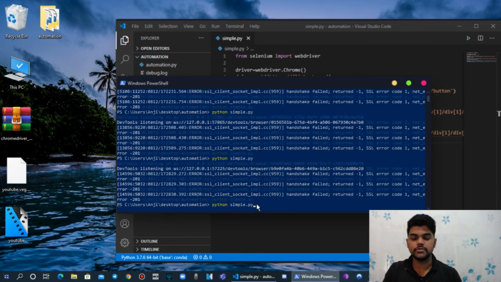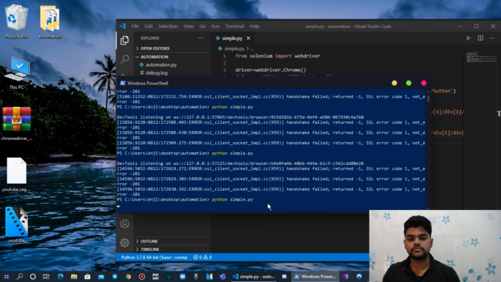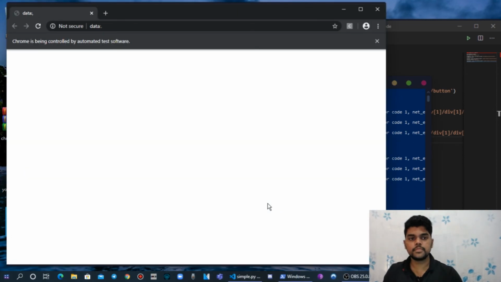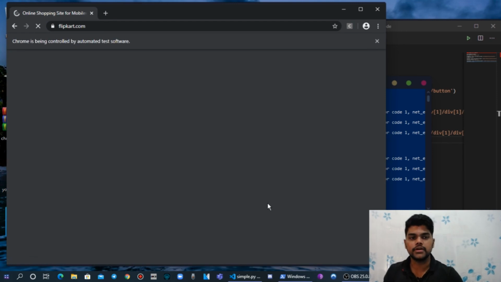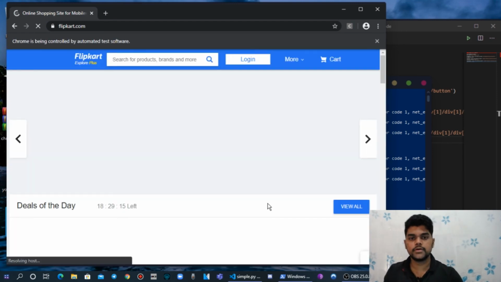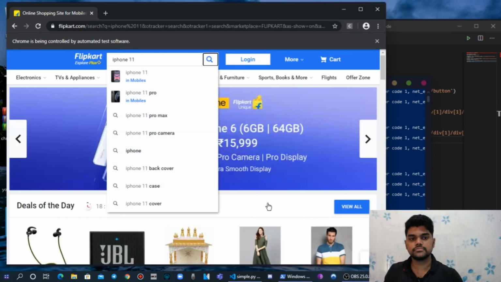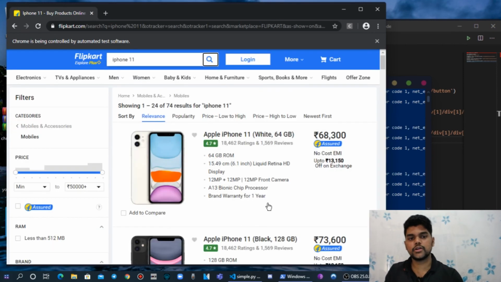So we will execute this file. And now again you can see the Chrome pop-up, right? That login screen bypassed, and search button, and now you can see the search results of iPhone 11.